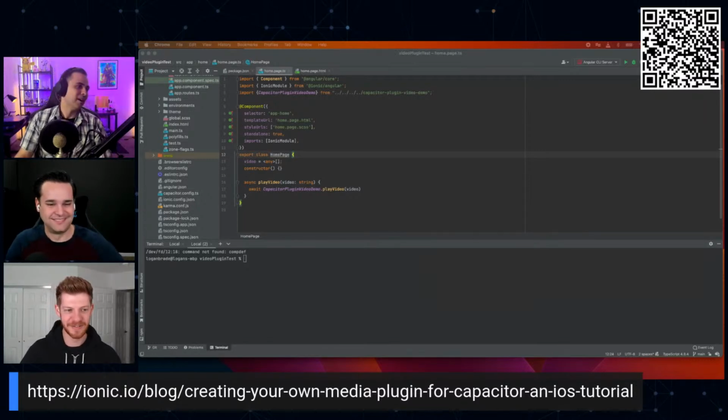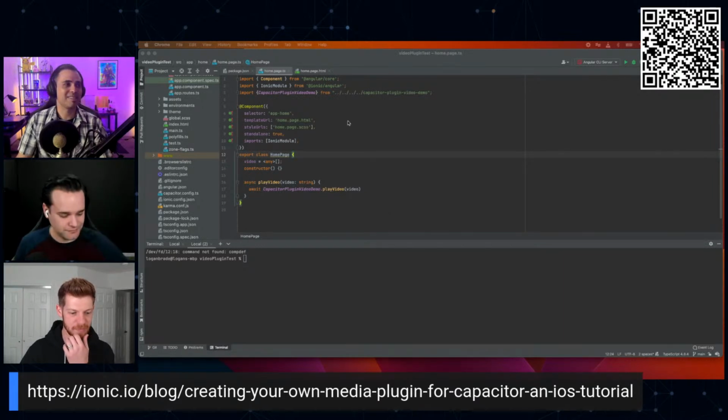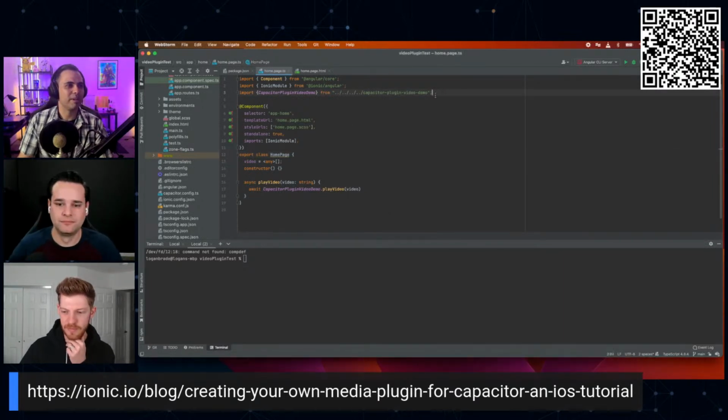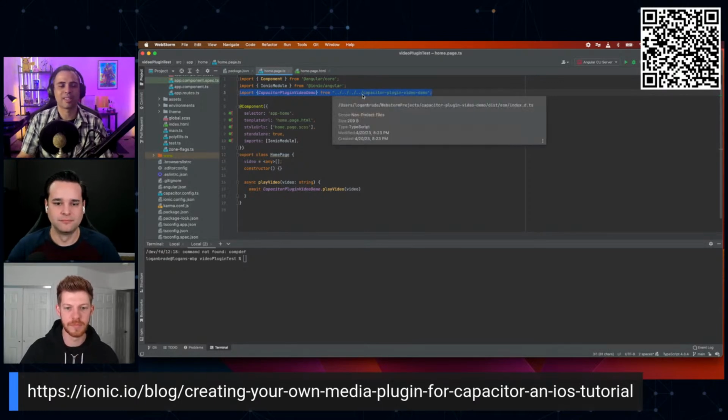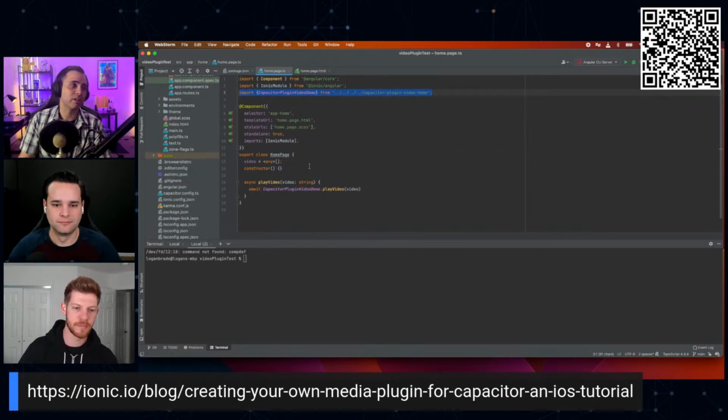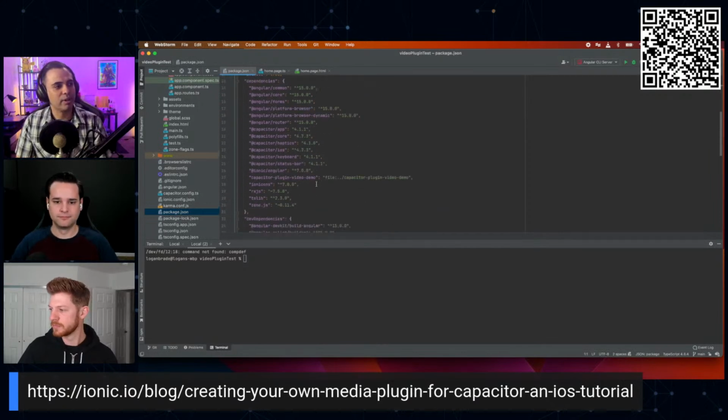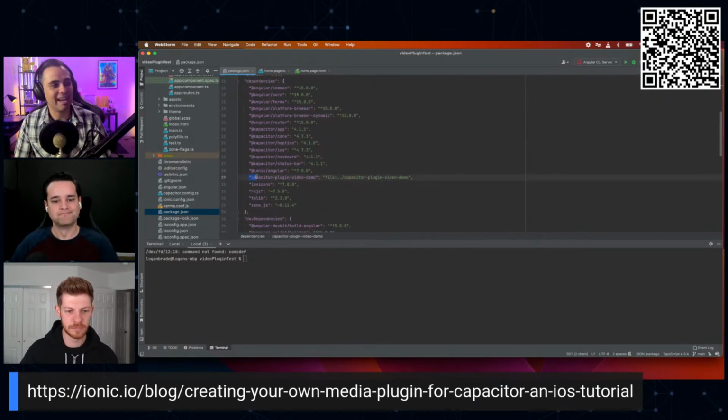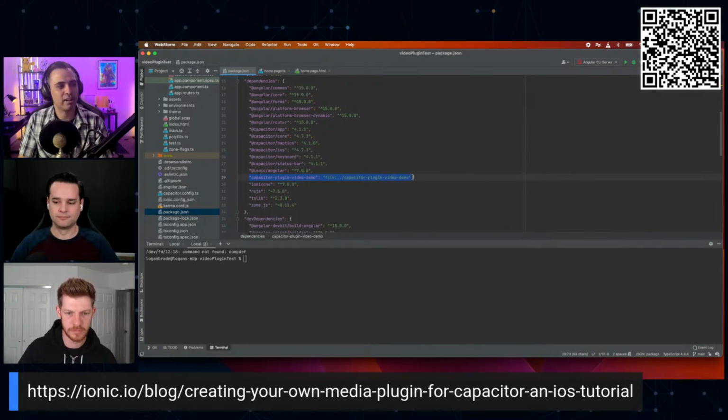Cool. Okay, so once that's done and you have your plugin installed, as you can see, you get your actual import statement here with Capacitor. You want to get it all set up in your application. But the main thing to check out is in your package.json file, you'll notice that you should actually get, when you do that npm install, and you want to make sure you get this, is the actual plugin